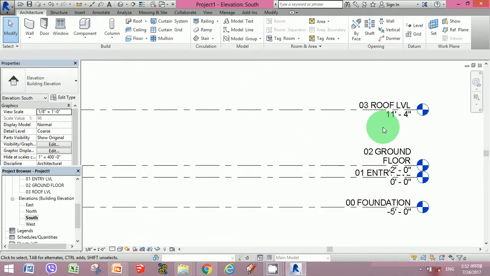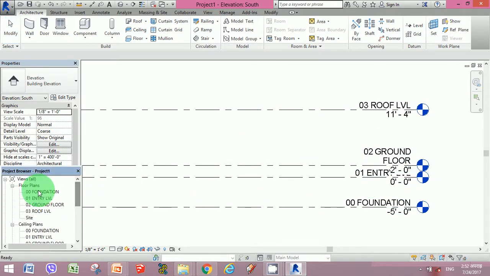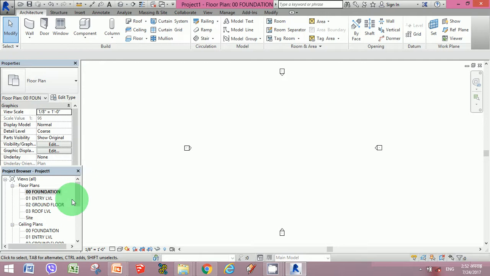Now once your desired levels have been created, you go back to the drawing panel. Here we are going back to the floor plans. Let's start with the foundations. This is the foundations tab. In the project browser, we double click the foundations tab. We have a blank view of the drawing. Nothing is drawn here, so it is shown blank.